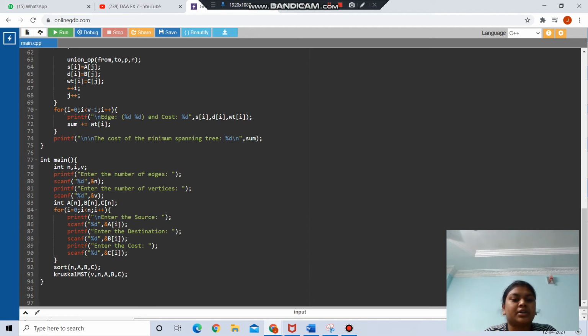Then it will ask to enter the source, a[i], and it will ask to enter the destination, and it will ask to enter the cost. And here it will call sort(n, a, b, c). Then kruskal_MST(v, n, a, b, c). Then now we will run the code.